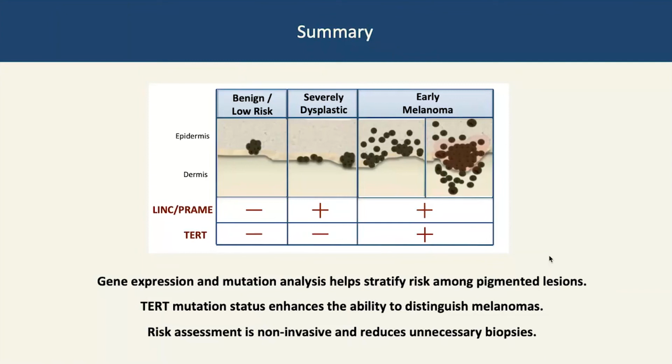All of this information can be obtained non-invasively, thereby reducing the number of biopsies we have to perform to diagnose